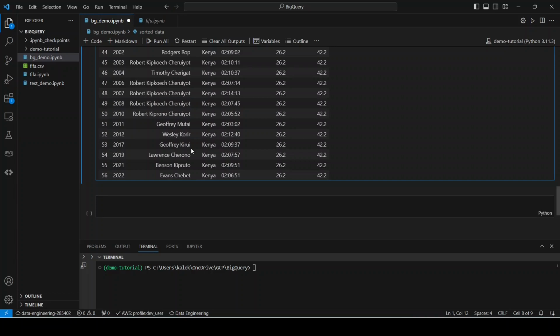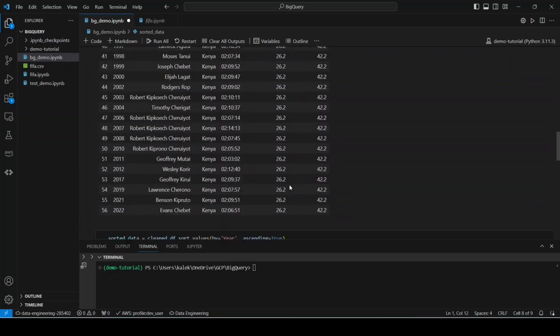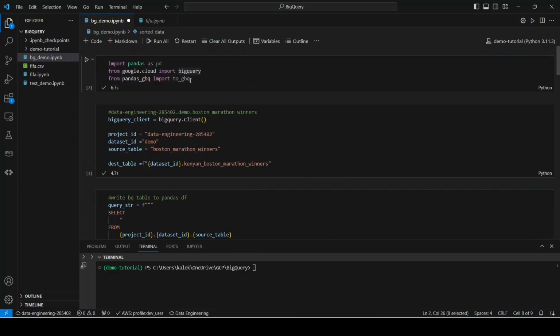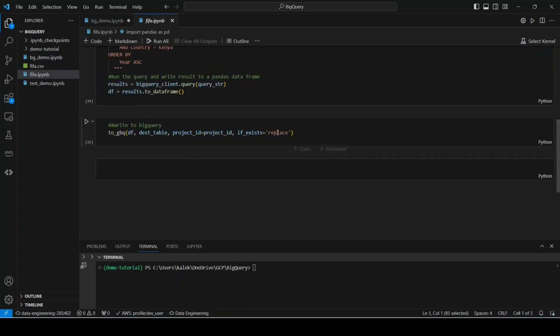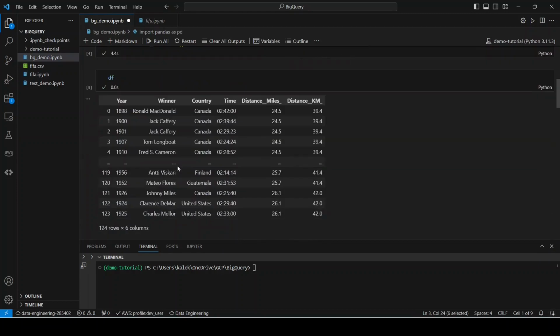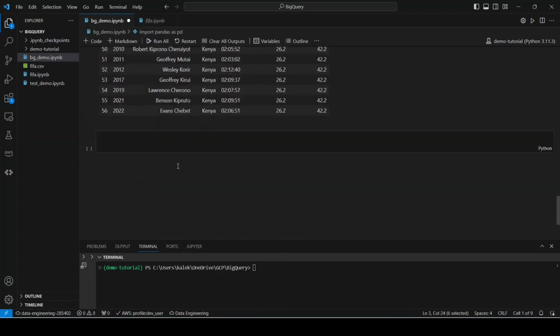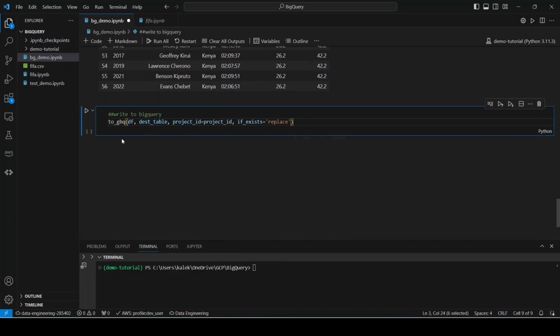There's a library that helps us do that, and it is this one that we imported here called to_gbq. It's a very simple, just one line command that you execute to write your data back to BigQuery. So that one is this one. I have it ready for you. We put it right here at the end, like that. So it is to BigQuery, and then inside you input